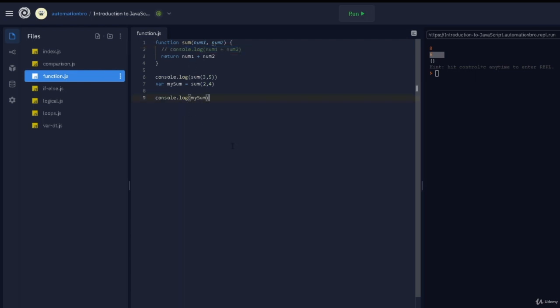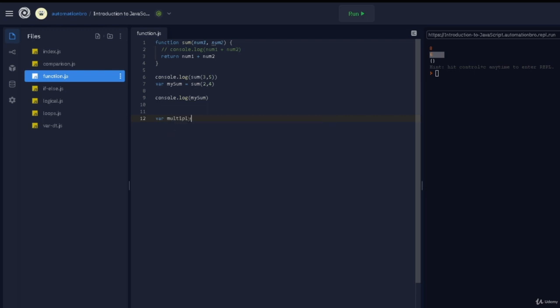Now, we created functions this way, but there's another way, and actually multiple ways of creating a function. Another way to do this is assigning a variable directly to a function and then creating the function. What that means is, I will do, let's say var, this time we'll do multiplication.